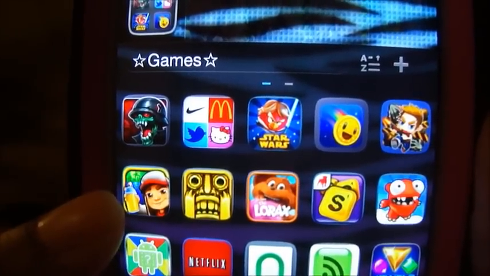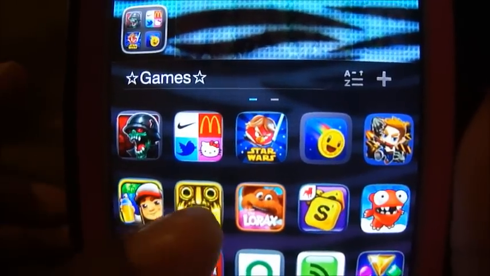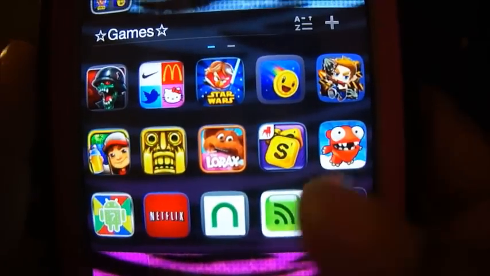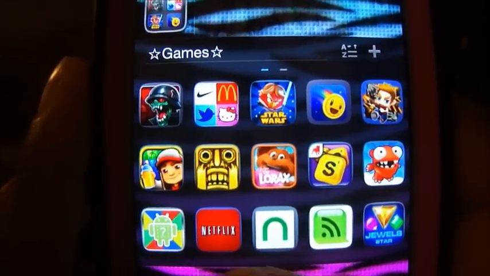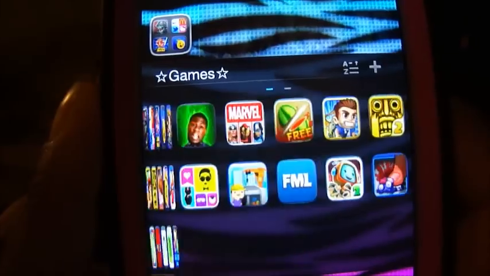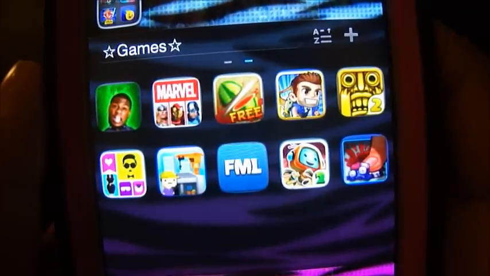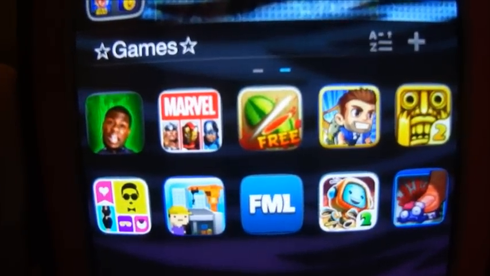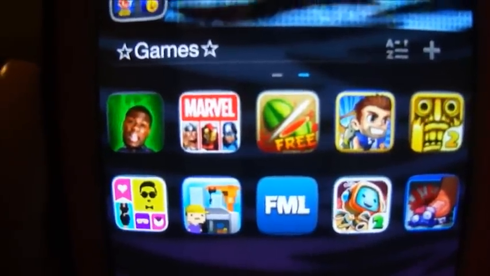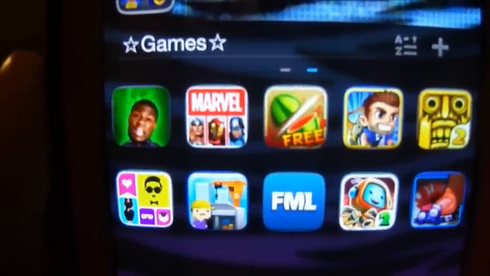What is this? Subway Surfers, Temple Run, Truffula Shuffler, Scramble, Mega Jump, Meme Generator, Netflix, Nook, Damn You Autocorrect, Jewel Star, Kevin Hart Soundboard, Marvel Comics, my Marvel Comics app, what is this?